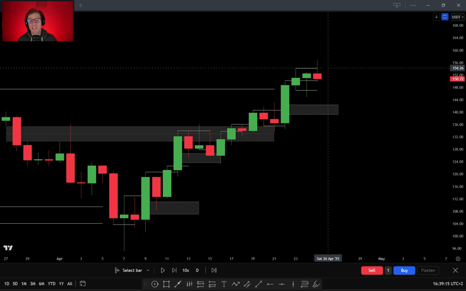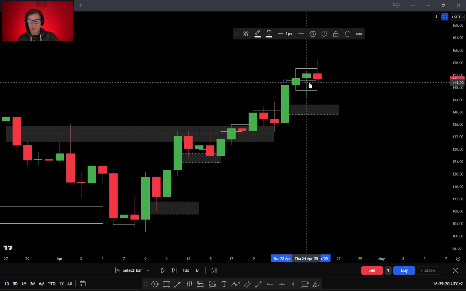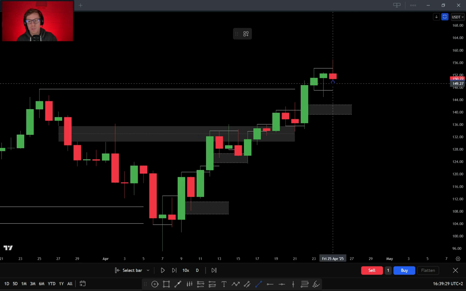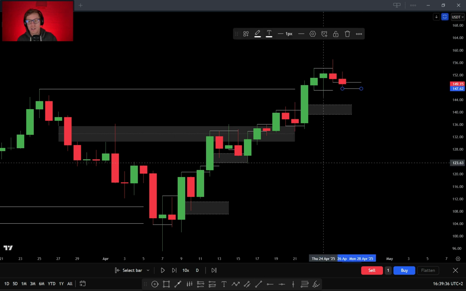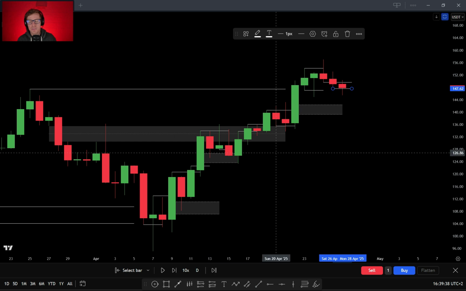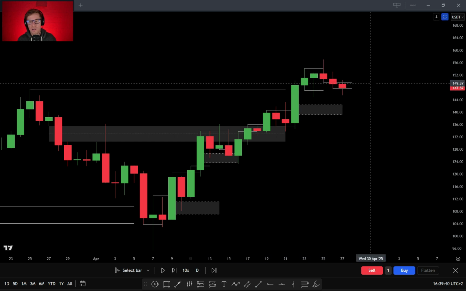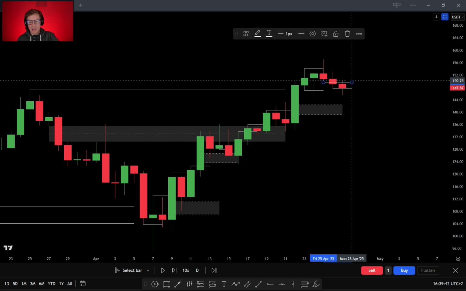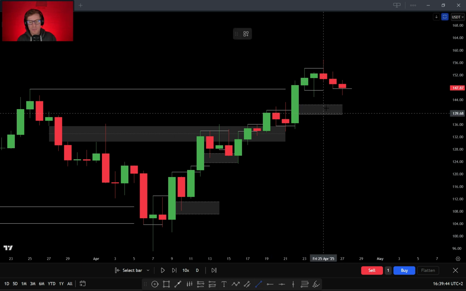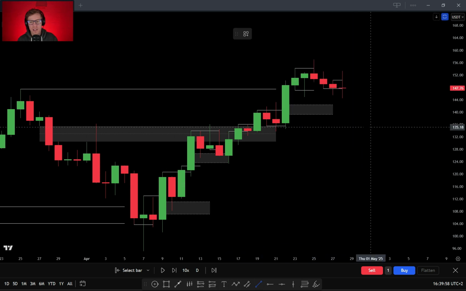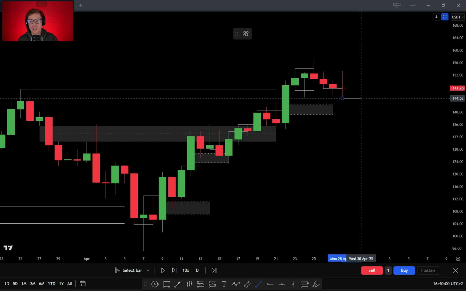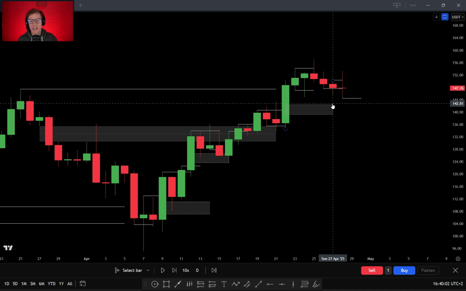So now you can see we get a failure to displace of the upper candle. So now we're looking for a short position. So we mark out the lows and then we look for the next candle. Breaks below the low of the previous candle, so we can anticipate continuation to the downside. It sweeps those lows of the downside, so we can anticipate price will now go to the upside. It swept the high and the low showing weakness, so I'm anticipating price to come lower down because it still